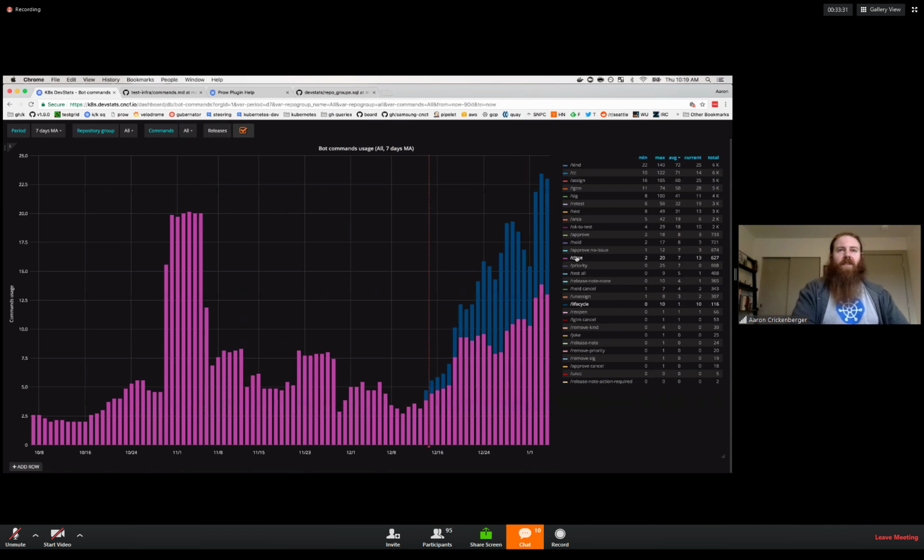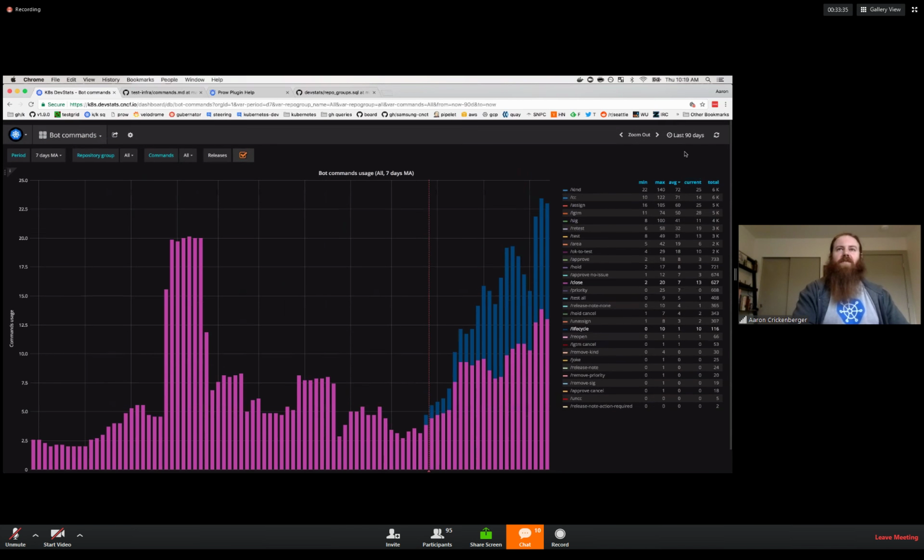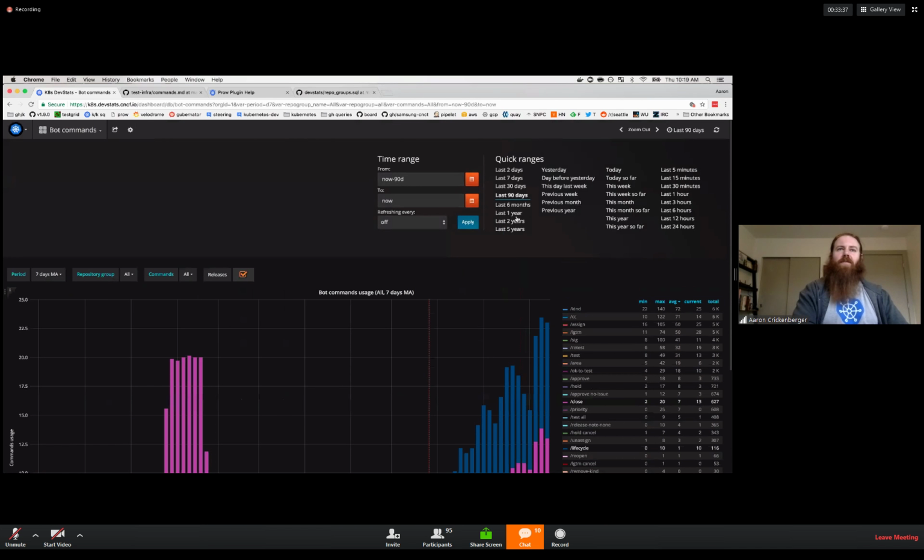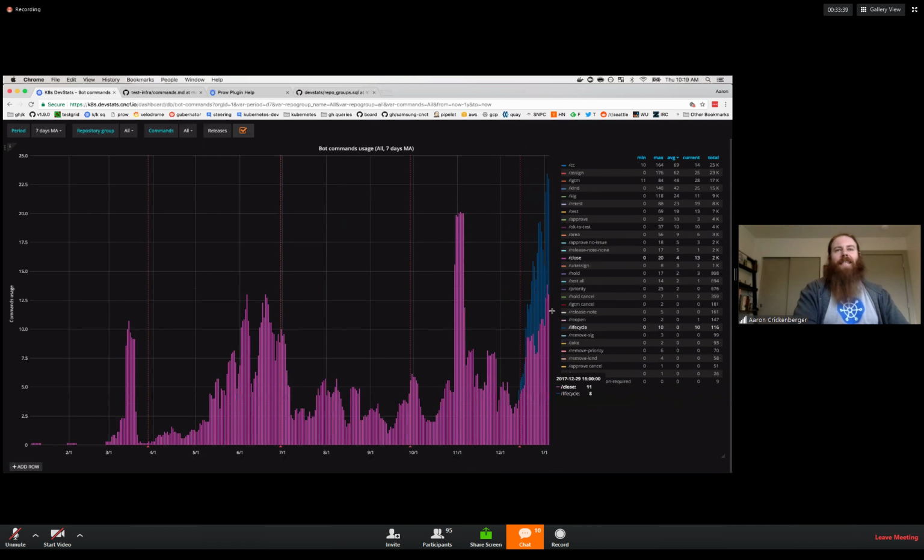Coincidentally, usage of the close command has kind of recently gone back up over what it used to be historically. Again, if I zoom back out to the usage over the past year, it's not the highest that it's ever been, but it's on a continually upward sweeping trend. So this to me would be evidence that although some of you might find the bot really annoying in the number of issues that it's pinging, it does seem to be incentivizing some people to actually close issues that they haven't looked at in a very long time.